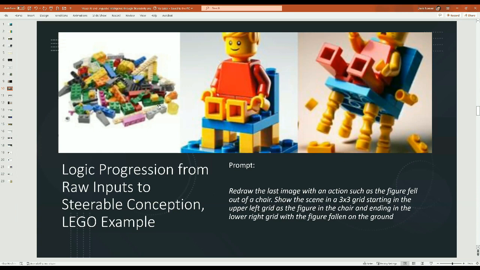So we're asking, here's a stack of Legos, identify them as Legos, and then redraw that image with action. And the action should be this figure we're going to create out of this set of ingredients. Then we ask it to add a twist, which in some sense is completing the thought.